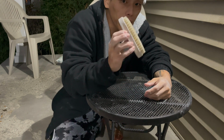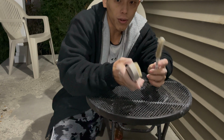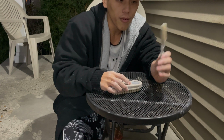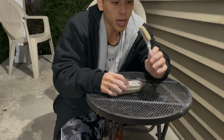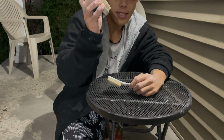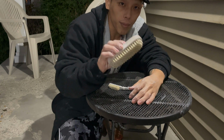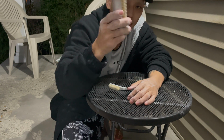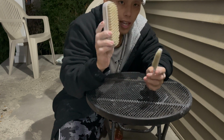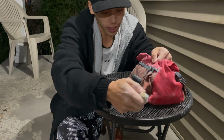Now the reason why you want a big brush as opposed to a small brush is really for surface area control. A big brush is good for brushing off big, massive volumes and slopers, whereas this is for crimps. Sure, this could be used on big, massive volumes and slopers, but it's not as effective nor as bristle saving as this. When you use this, you're gonna hit all the bristles at once for that nice, even scrubbity dub. And it just covers up a lot of surface area at once, which makes it an excellent brush combination to have. One big one, one small one. Watch me put it back in there